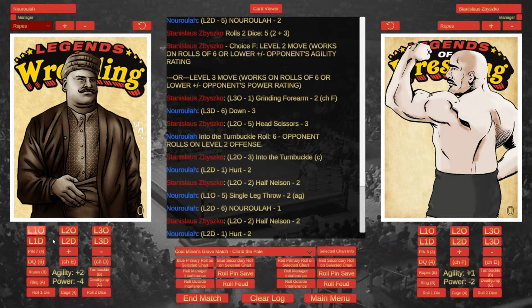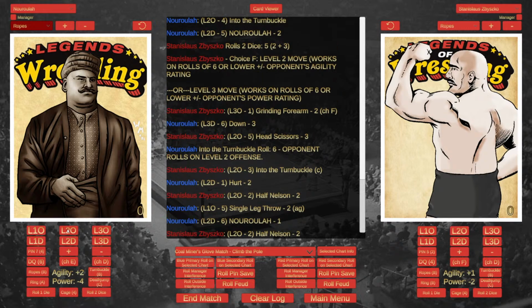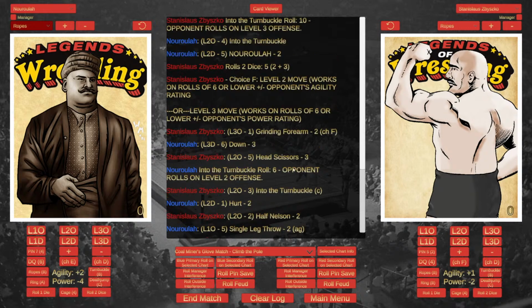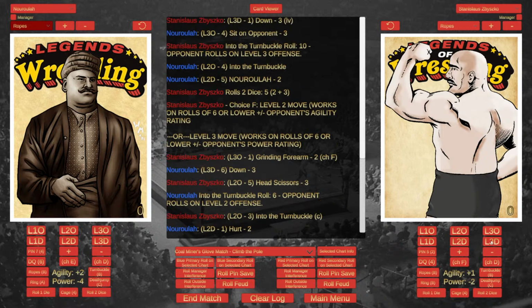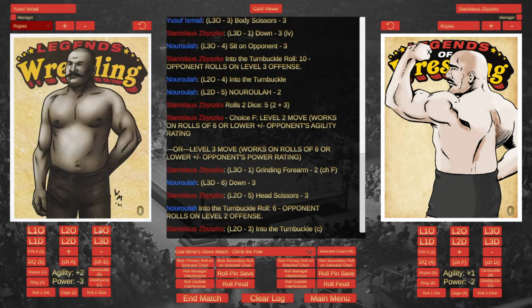And he takes over on level 2 offense. He's going to back Stanislaus into the buckle. And he just pummels Stanislaus. Knees to the gut, forearms to the face. Just really attacking Stanislaus Zbyszko. And Narula on the attack. He's going to sit on Stanislaus. And Stanislaus is down. Narula going to make the tag to the Terrible Turk, who's going to roll on level